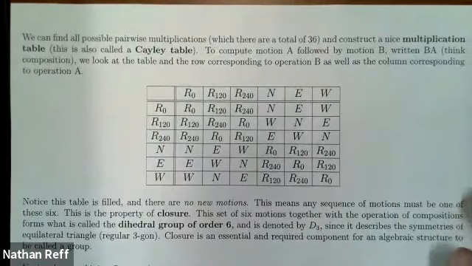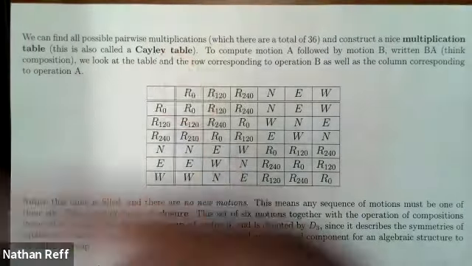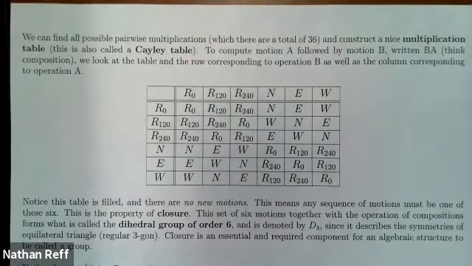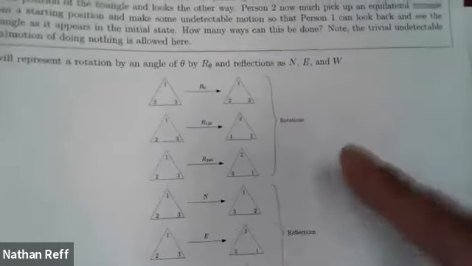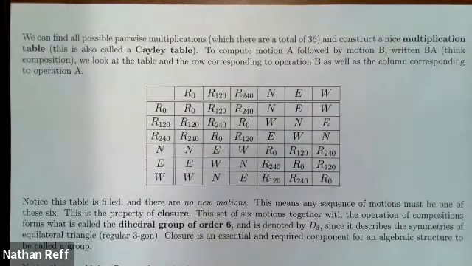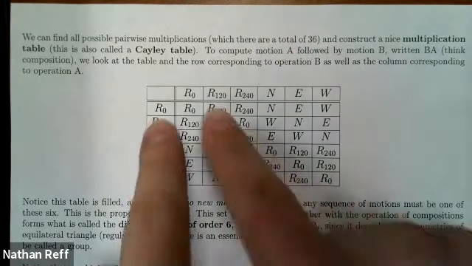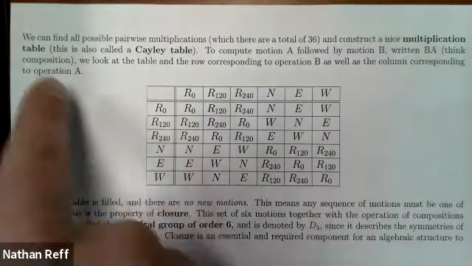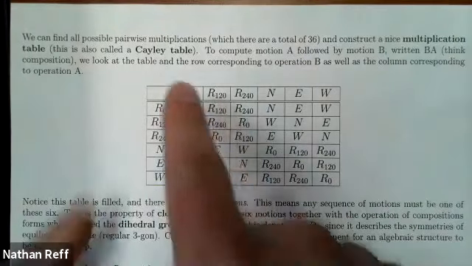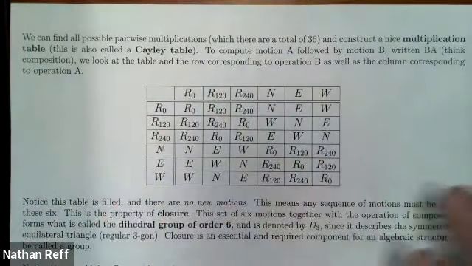So what we can do is find all the possible pairwise multiplications, or these function compositions. And since there were 6 of these originally, I could take any of the 6 and combine it with any of the 6. So I should have a total of 36 possible ways to combine them, right? And what you can build is this nice multiplication table. In group theory, this is usually called a Cayley table, after Arthur Cayley,